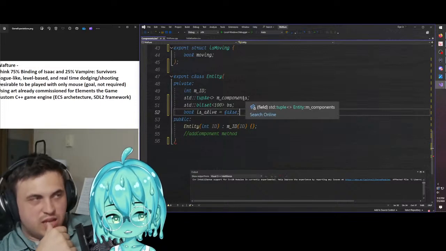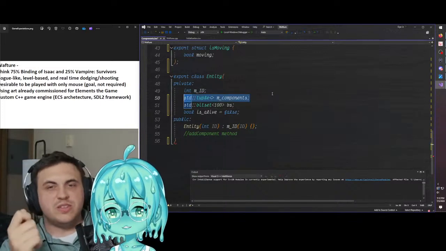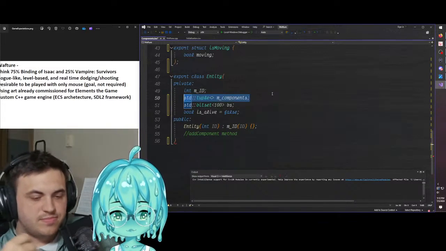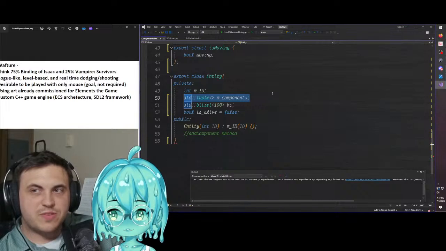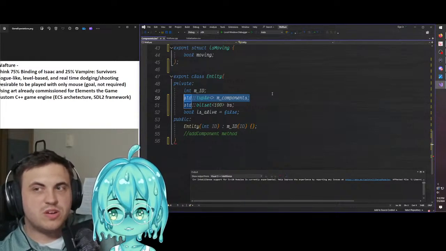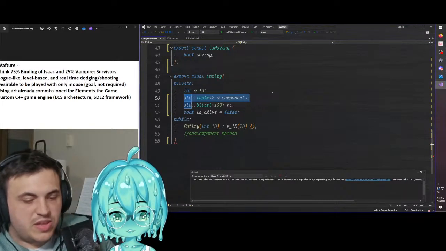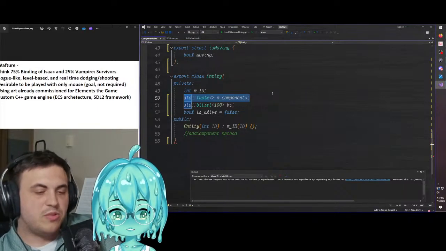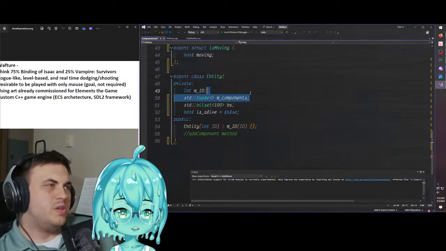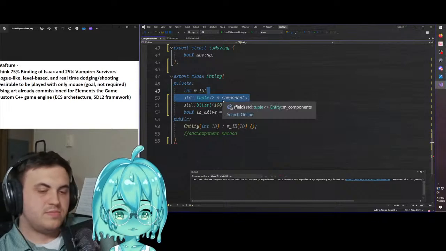Okay. So I don't even know if we're gonna need a tuple. I don't think we are. I think tuples are great, but the problem is I need runtime reference of what components are there. So I think this is the easiest way to do it. Now, the issue I have now is if we're using this,